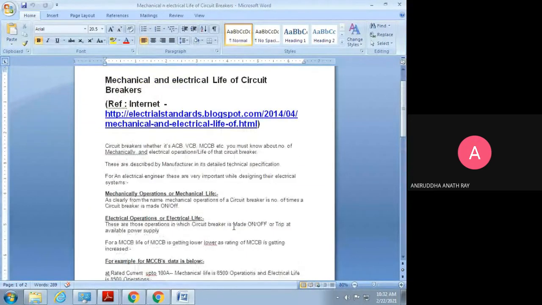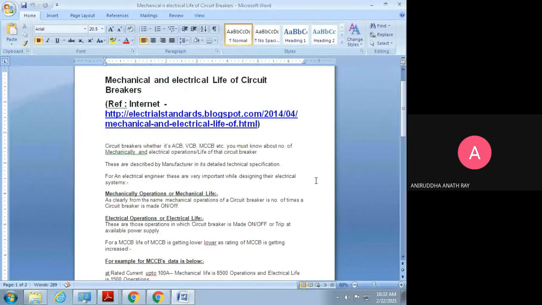Next topic, that is mechanical and the electrical life of the circuit breakers. This I have taken from the internet. I have referred to the internet. First, let us try to understand what we mean by the mechanical or the electrical life of